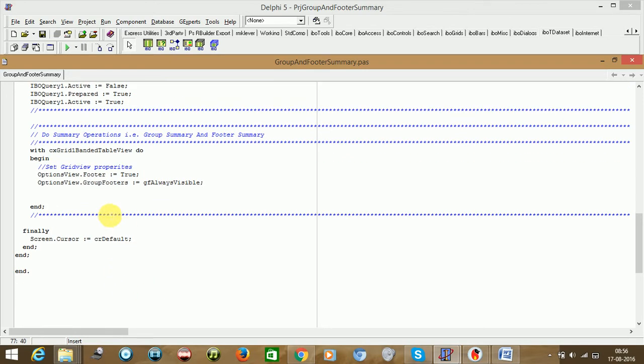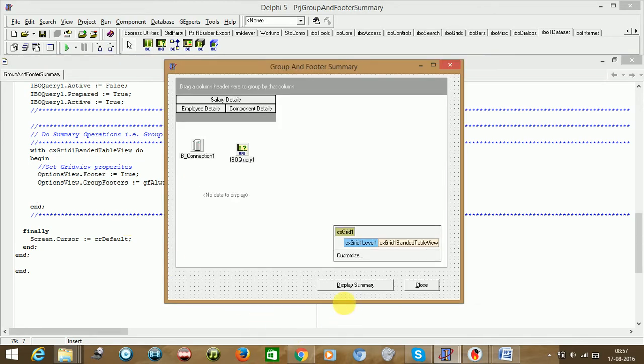Okay, now what we'll be doing here is the grid in the beginning. We need to set the record count of the grid to 0. Why? Because when somebody is clicking on this button the first time, the records are already there. Again, if somebody clicks, the records will be added if we are not setting it to 0. So we need to do it here.